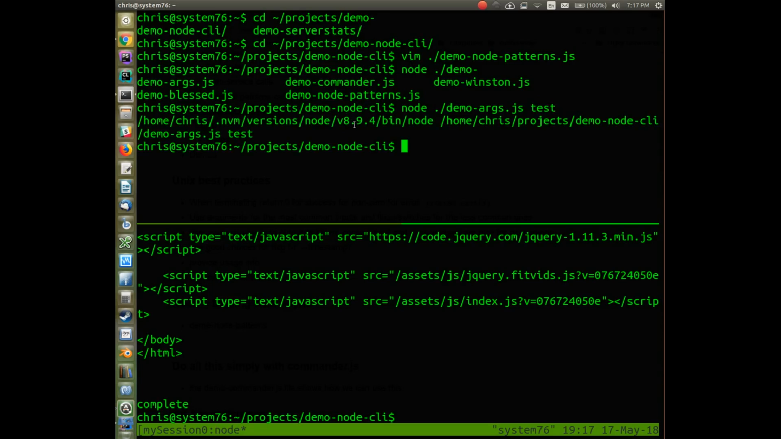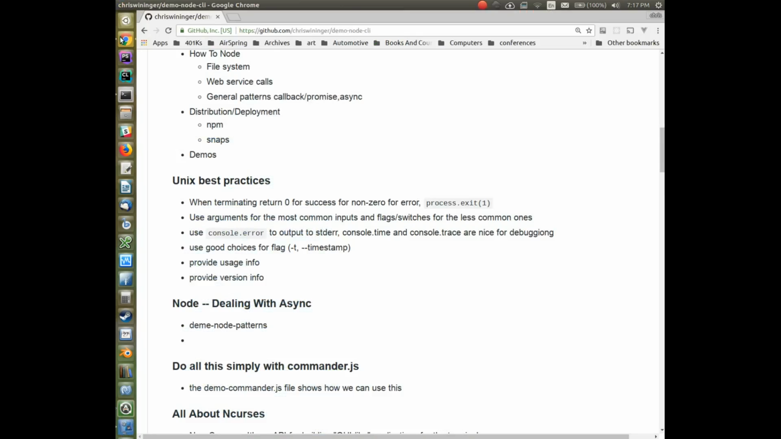So this one just logs out the argument at 0, and you'll see that's just the path to our node application itself, our node runtime. And then the second one is the path to our program, and only at the third index do you get your actual parameters. Now, that's how you can consume arguments on the command line, but that's a really dumb way to do it,